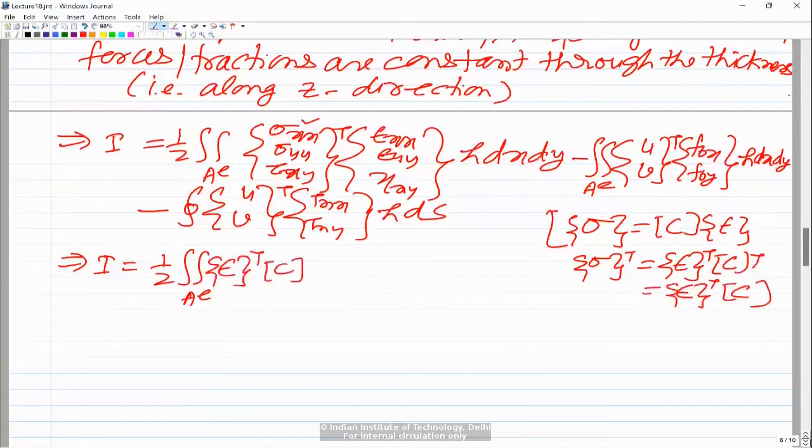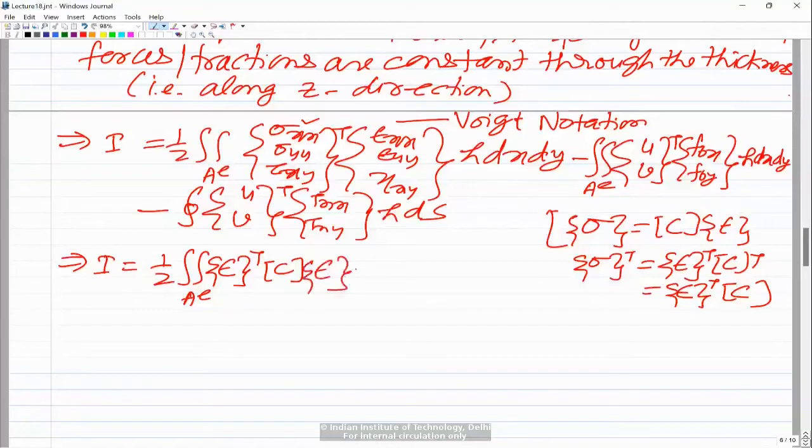When we write the stress and strain tensors, they are actually second order tensors, but we are writing them in the form of a vector. So this is known as Voigt notation. Although second order tensors are usually written in matrix form, when we write them in the form of a vector, we call that Voigt notation. So we have epsilon transpose into C into epsilon